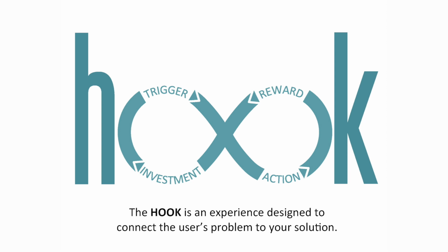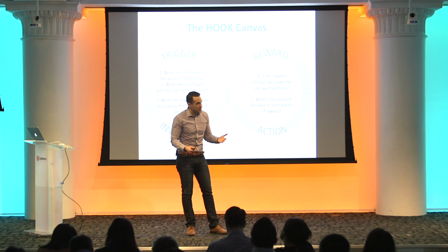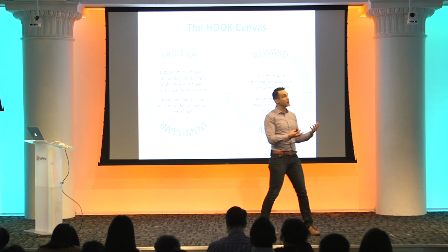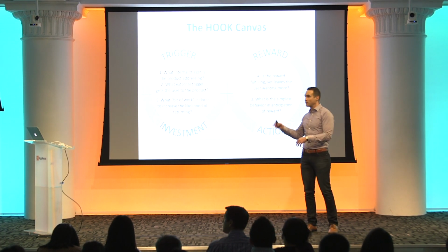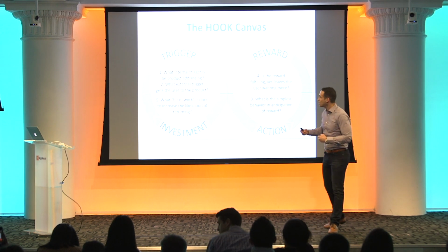It's the products that can take users through these 4 basic steps of a trigger, action, reward, and investment through cycles, changing user preferences, informing their tastes, and creating these habits. So if you're making the kind of product that requires repeat engagement, that you need customers to come back to on their own, without spammy advertising and messaging, but on their own, prompted internally, well, you've got to ask